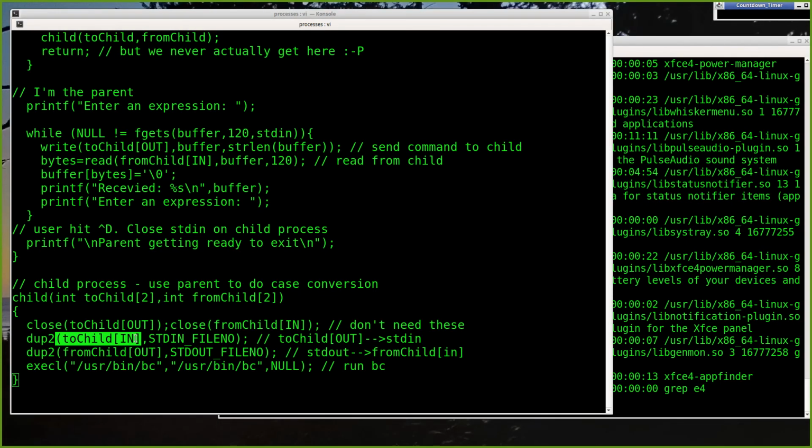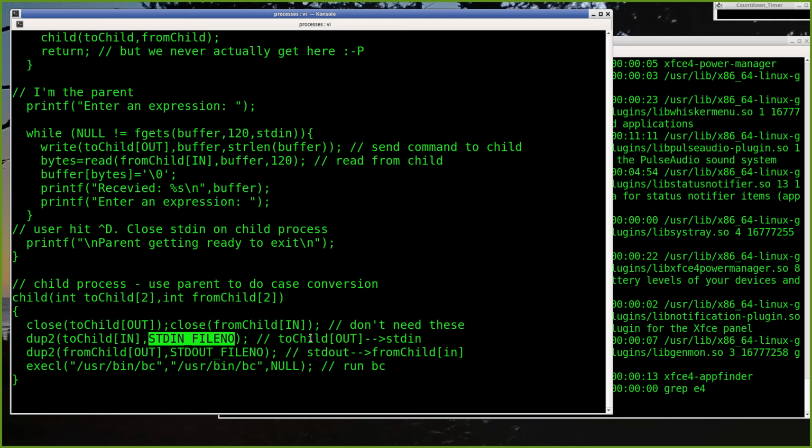And I take that and I say, let's set that file descriptor number to be this symbol STDIN_FILENO, which is just a symbol for 0. So I do a dup2 and set that input end of the pipe to be file descriptor 0. So now when I read from file descriptor 0, which is standard in, I'm reading from this receiving side of